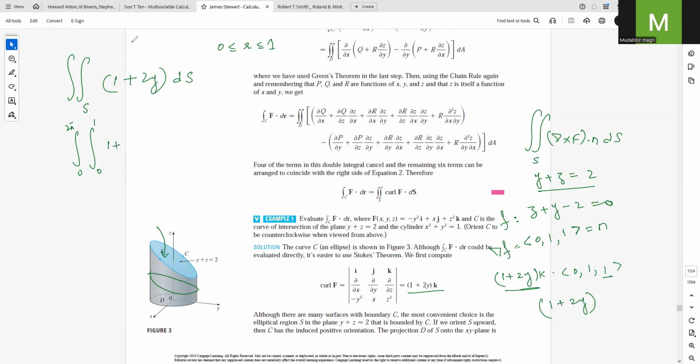For y we have y equals r sin theta, so it will be 1 plus 2 r sin theta times r dr d theta, and this will be r plus 2 r squared sin theta dr d theta, with limits 0 to 1 and 0 to 2 pi. And now